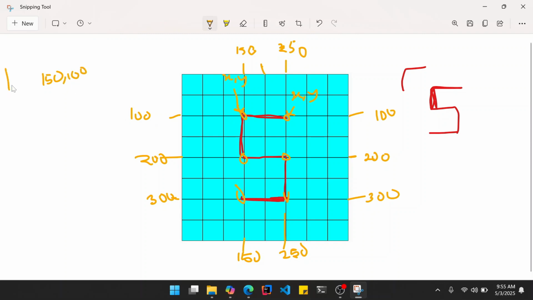So I'm going to have a line here. Then what about the ending here? This is 250, comma 100. Now, how do we memorize this so that we can put this in our code? Okay, so we head back to